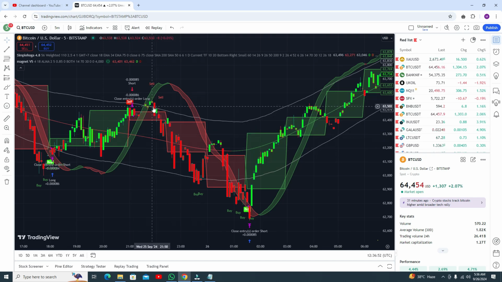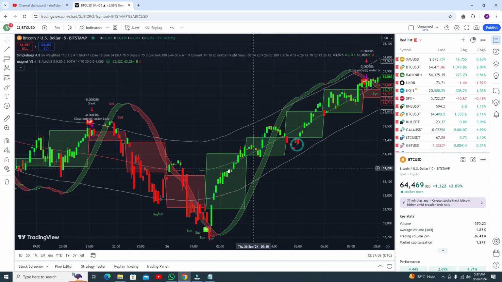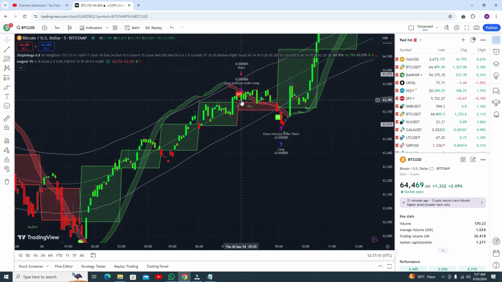red. So you can watch it, and you need to book your profit when any candle touches the lower band line. So this is your profit trade, this is your buy trade and profitable. This is the point where you can go for the buy trade, this candle, and you can see you got some good profit here. Okay, now this is the sell trade.